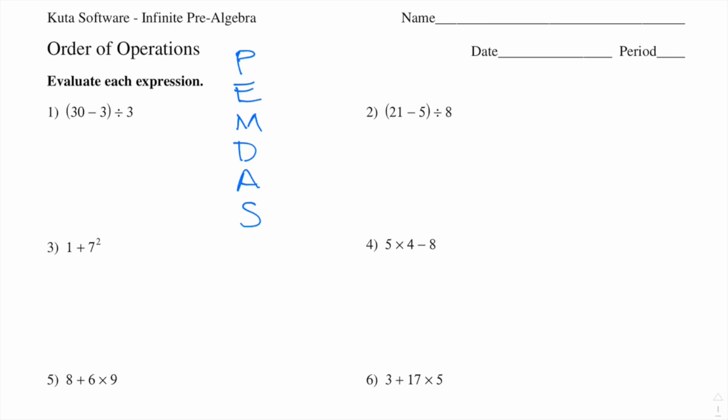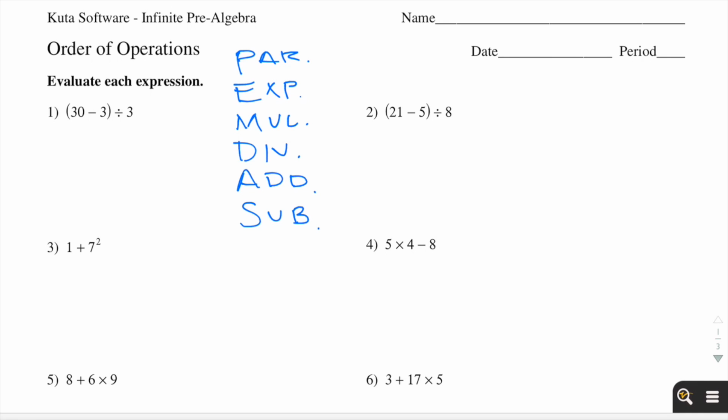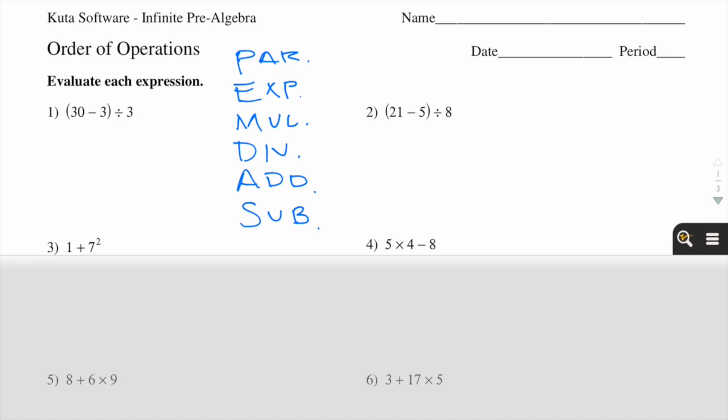So P is the parentheses. I'm going to shorthand some of this stuff. E is exponents. M is multiplication. D is division. A is addition. And S is subtraction. So what it basically is, order of operations, is the operations in order that we're supposed